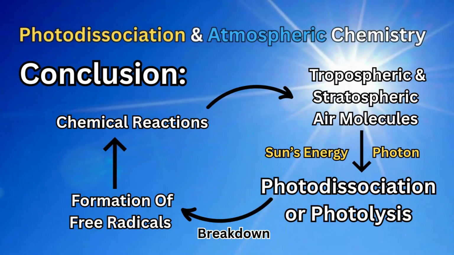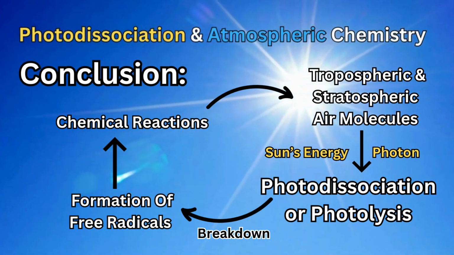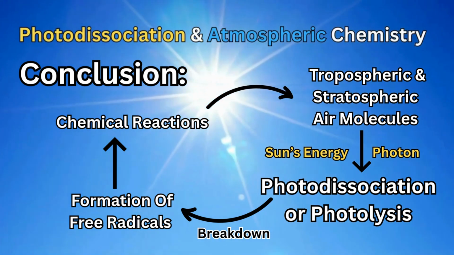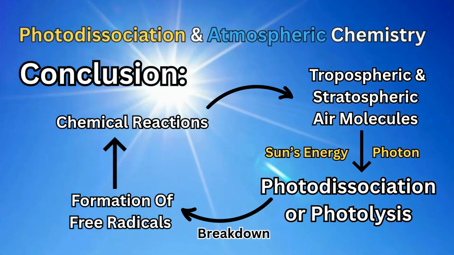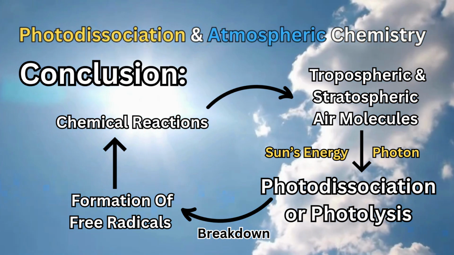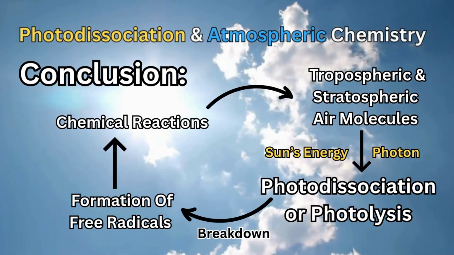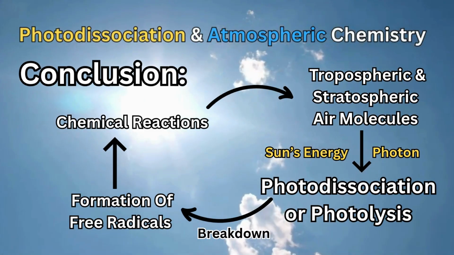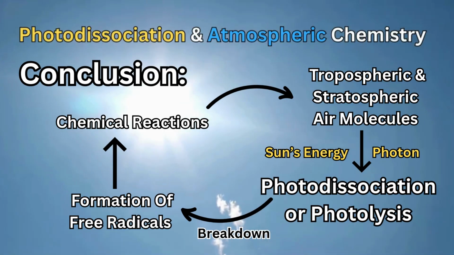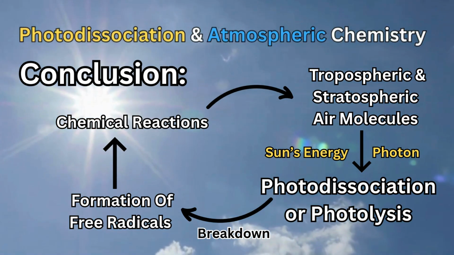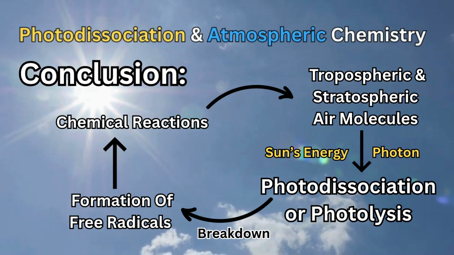In conclusion, photodissociation is the absorption of energy from the sun, called a photon, by air molecules present in our atmosphere, mostly the troposphere and stratosphere. Air molecules such as nitrogen, oxygen, CO2, argon, water vapor, methane, all these different types of air molecules absorbing the different kinds of energy based on their wavelength, mostly visible light,